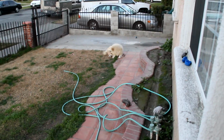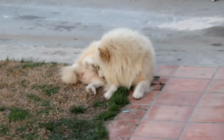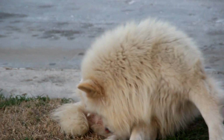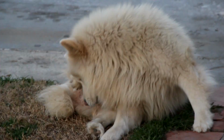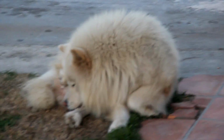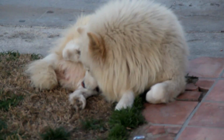If I wanted to get really close up, see, I can zoom in, zoom in, zoom in, and he's doing something very inappropriate right now. See, but the quality itself doesn't seem to degrade, which is really good for me, because I really didn't buy this for photography. I bought this more for filming, and it seems like the quality itself will be just as good. So this is zoomed in,